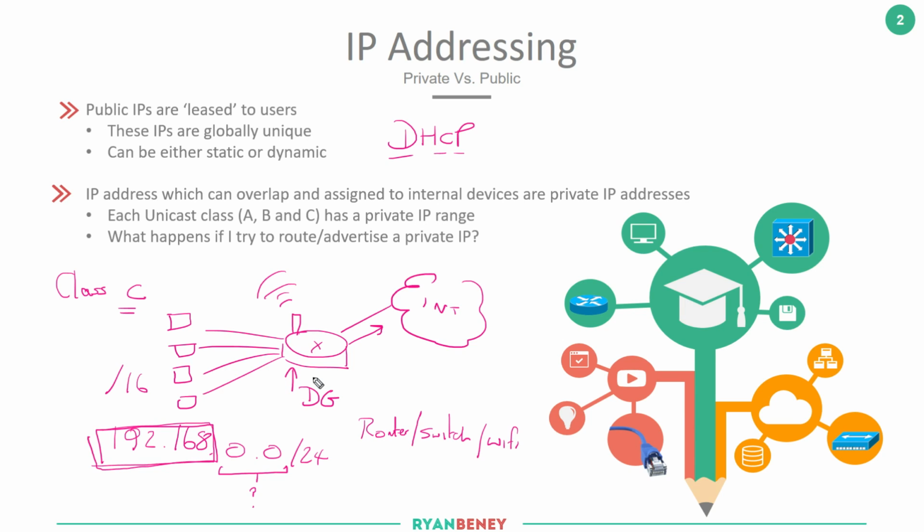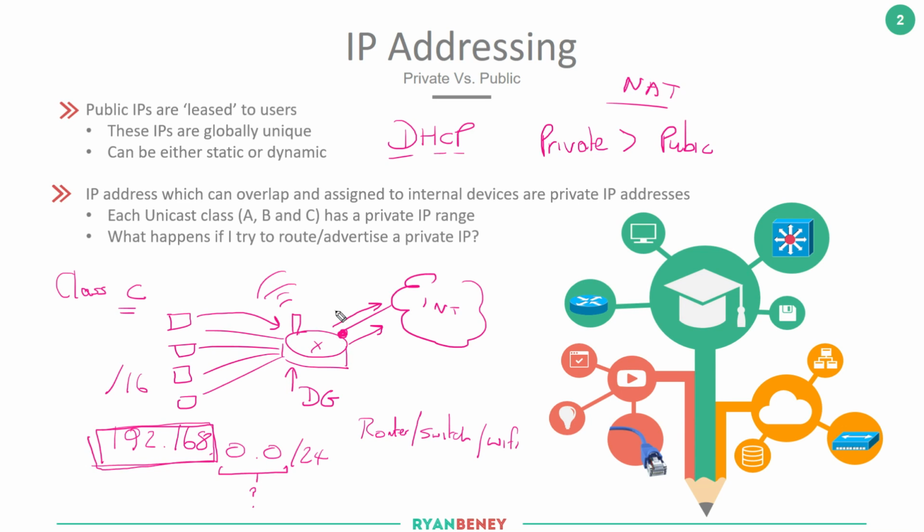So for example, if you wanted to go to Google or YouTube, these devices would notice it's not inside their network, as in it's not on the 192.168 network, and it will route towards their default gateway, which is the router, and the router will route towards the ISP. Before routing it towards the ISP, it performs that NAT function that I previously talked about, which is essentially taking these 192.168 IPs, so these private IPs, and it translates them into these public IPs,